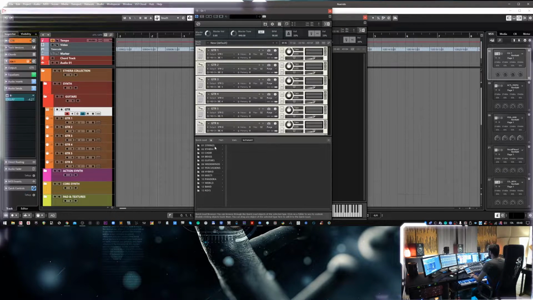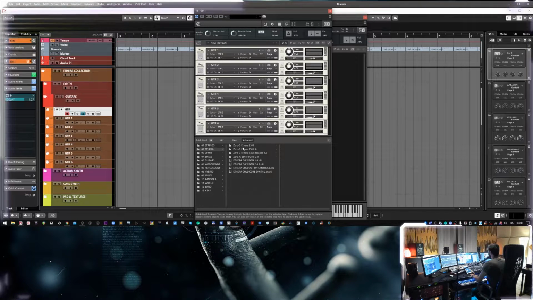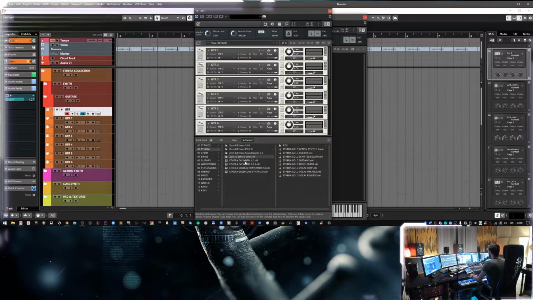So I created a pretty nice quick-load structure with all the categories, and there are the Ethera categories. Inside there are all the libraries, and outside of the libraries folder I put the main instruments,